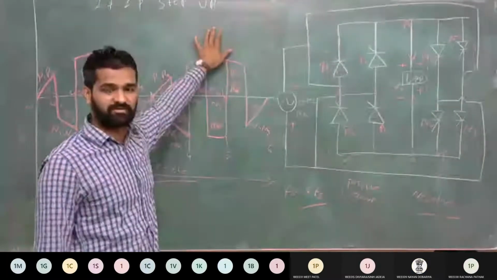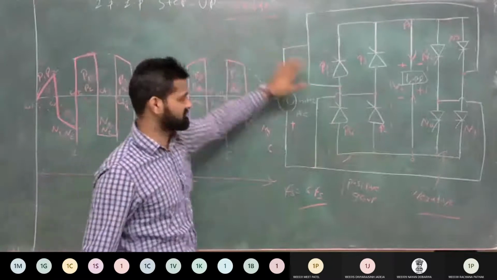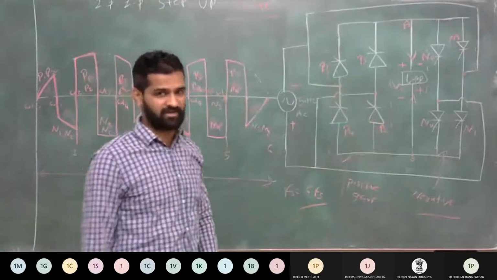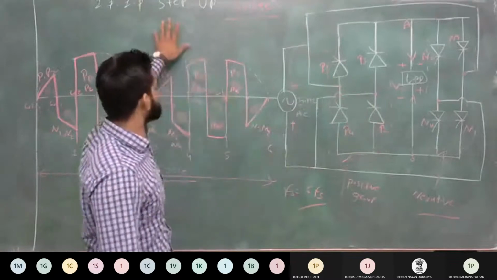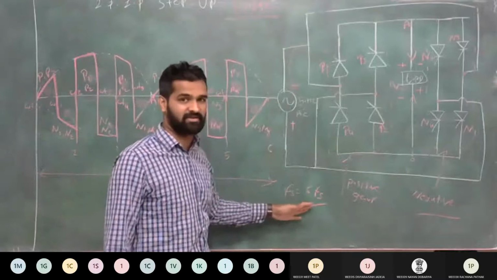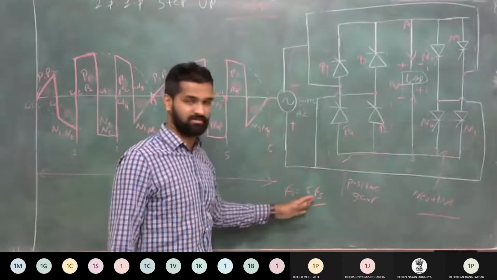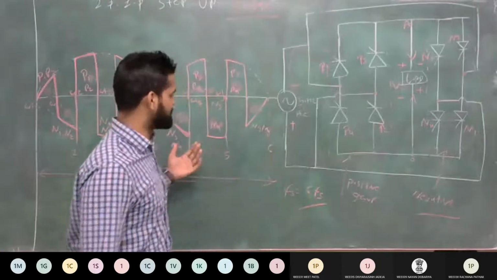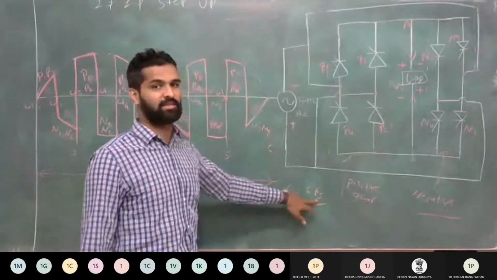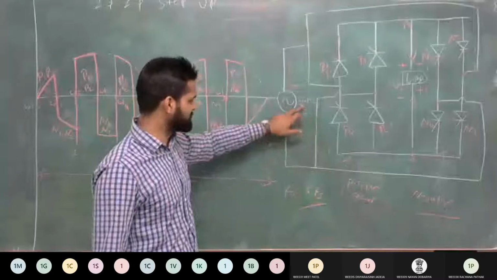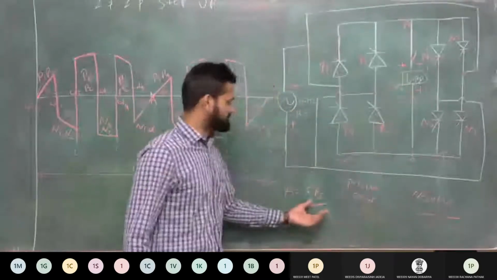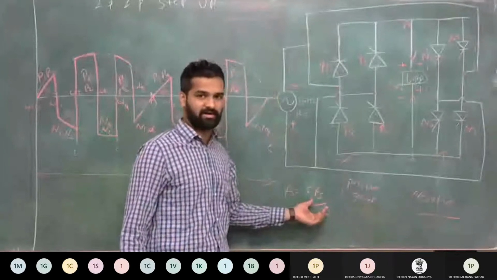With two configurations. One is bridge configuration, which means this circuit diagram, and another one is midpoint type configuration. As this is a step up cycloconverter, we convert the output side frequency to more than the supply frequency. In the last lecture we took the example of converting the output frequency to 6 times the supply frequency. Supply frequency is 50 Hz. So we convert the output voltage frequency at the load side to 6 multiplied by 50, which means 300 Hz.